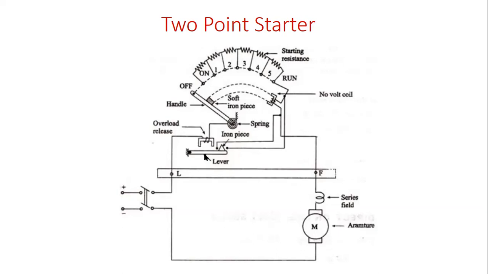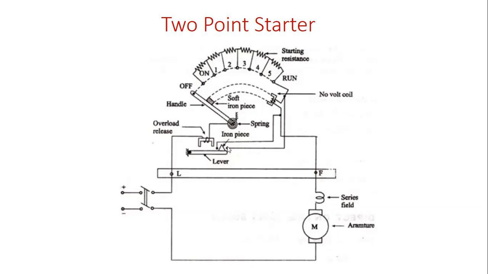such that the lever will be moved upward. If the lever is moved upward, a piece of iron in a triangle shape will come in contact with these two terminals. Initially there will be a space between these two terminals, but now when the lever is moved upwards due to this electromagnet, a short circuit will occur.